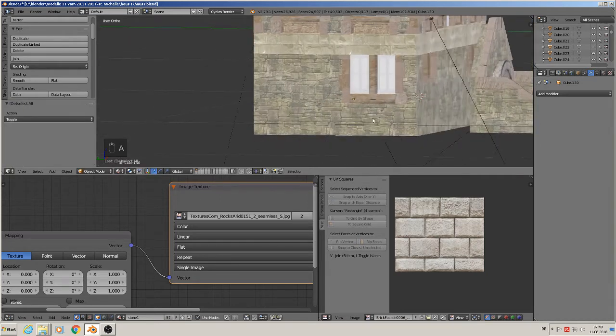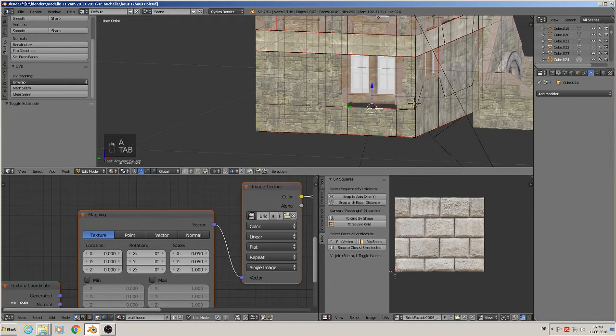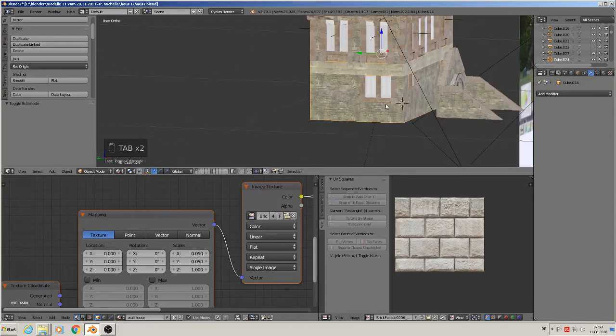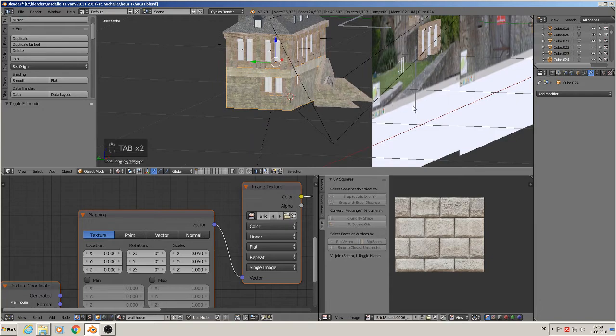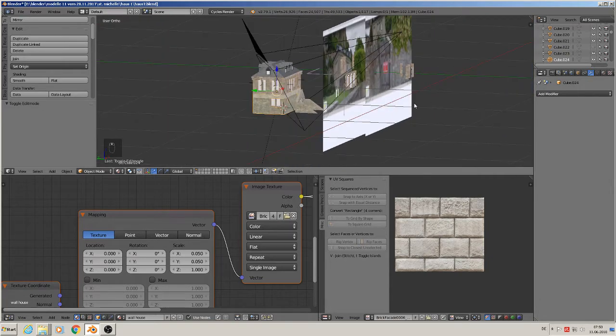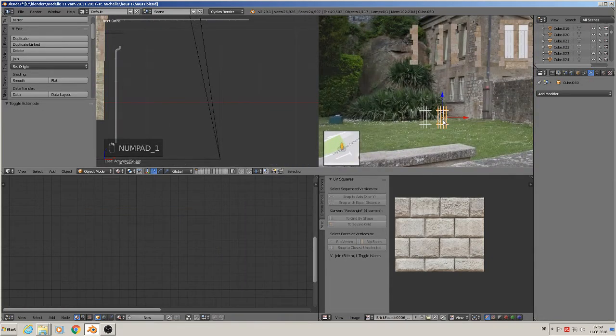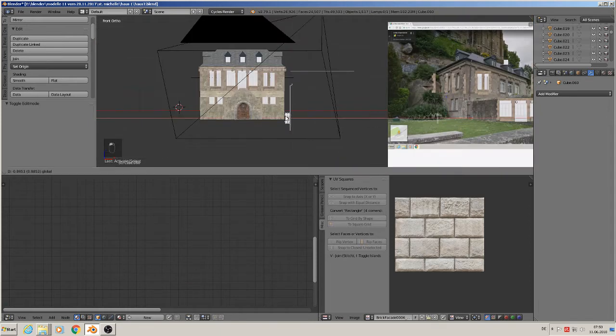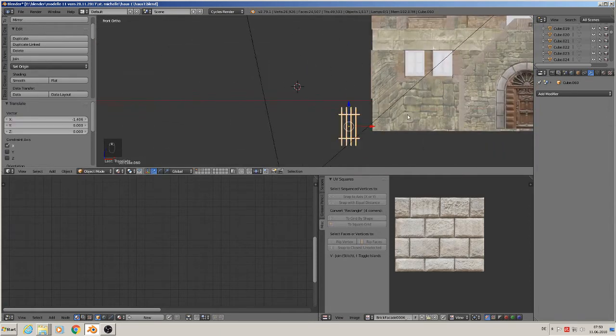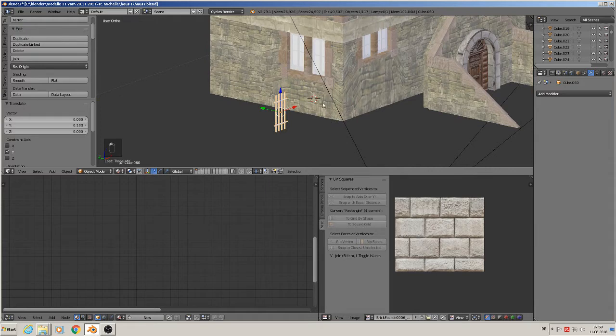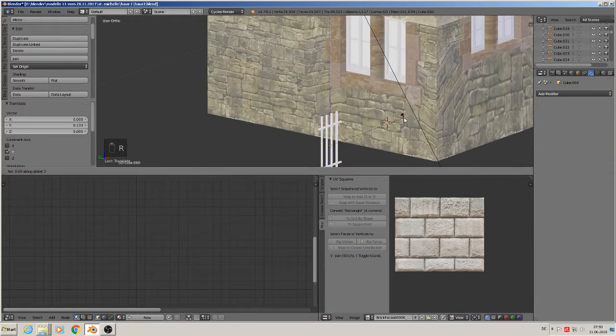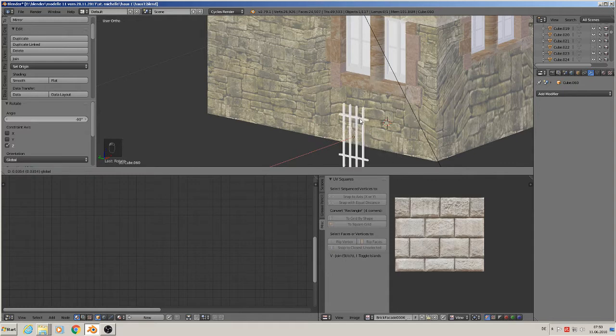Good. The house here we must go up, and we must plug in this one here. So rotate set minus 90. Bring that into